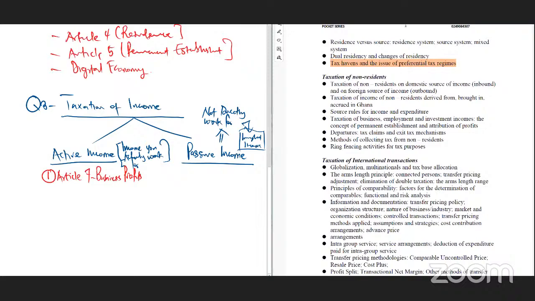Then we come and look at Article 8. Article 8 is for international traffic, okay? Very nice article. So international traffic, or people who are into the business of international shipping and air transport. Article 14, which is only in the UN model, okay? So this one, in the OECD model, it is classified as business profit. So this is the income of independent contractors, right? So independent personal services,